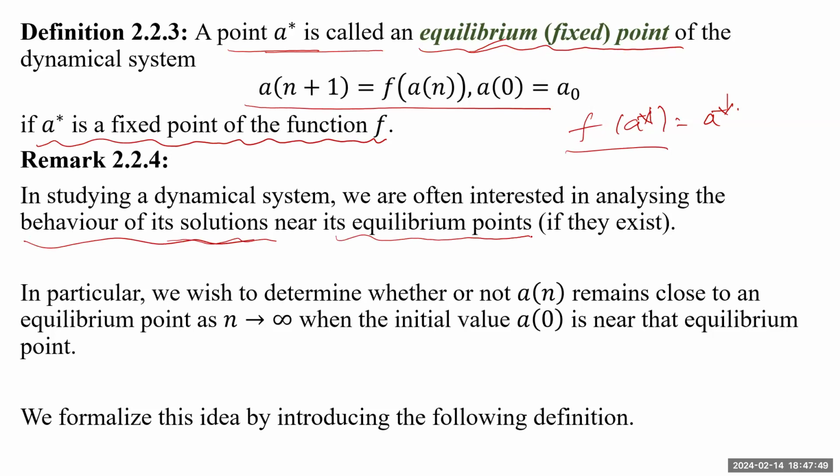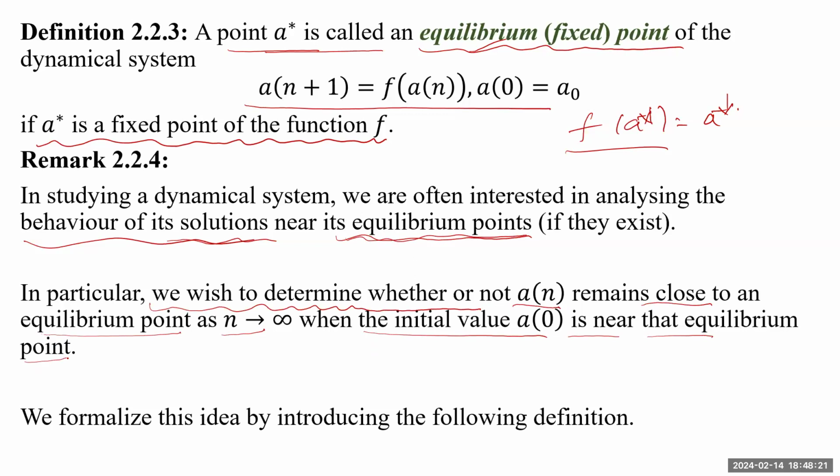So if they exist, we are going to discuss the behavior of the solution for that equilibrium point, right? In particular, we wish to determine whether or not a_n remains close to an equilibrium point as n tends to infinity when the initial value a_0 is near that equilibrium point,